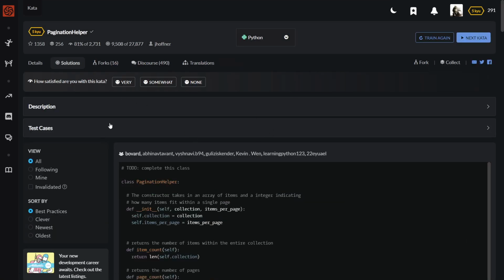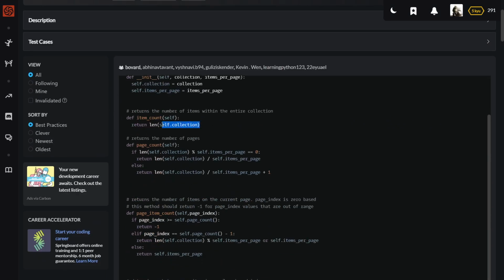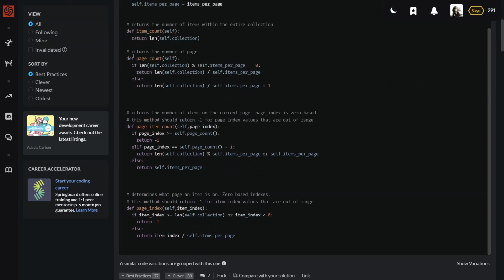What did we do? What else did people do here? Looks like, yep, just save that. Item count, they didn't cache this value. They just called the length function again. That's okay. Page count. So they didn't use the fancy math that we used, but that still works. Page item count. If page index is greater than or equal to this page count, -1. Well, oh, interesting. Else, if the page index is equal to our page count -1, then